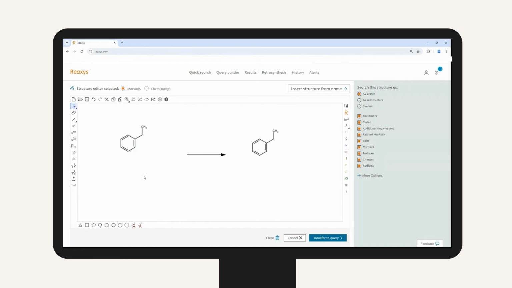The other shortcut is to simply type in the canvas. So in this instance, this nitro group is going to reduce to the amine, and we're also going to have a halide in there. So again, just to point you to our generic atom on the right hand side, we can open this up and use the generic X atom. And this wants to be remaining in the product.